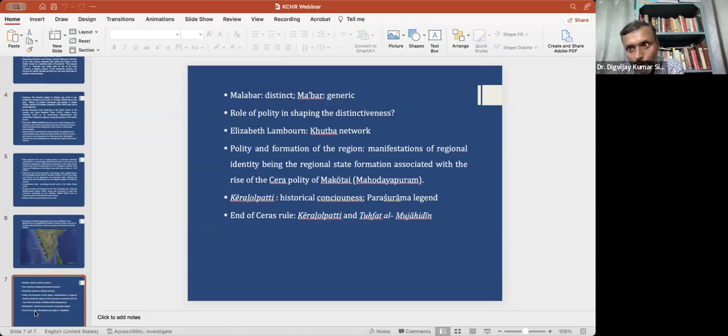But before he went on the pilgrimage to Makkah, he divided his kingdom among his friends and relatives. Now, this action on the part of the last Chera ruler is interpreted in the Keralolpatti as a result of remorse and guilt, because he had unduly ruled and appropriated the territory, which is a Brahmana territory, since according to the Parshuram legend, Parshuram had given it to the Brahmanas. So he was filled with guilt, and in order to repent of the sin, he